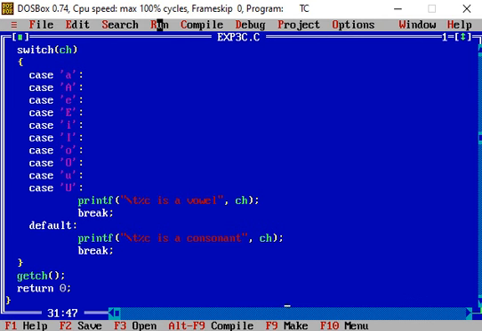For that, using the switch statement is better than the if or if else statement, because this program can also be run, or an entered character can also be checked for vowel or consonant using the if and if else statements, but that many if and if else statements are required to check a character for vowel or consonant. So in this way we saw the use of the switch statement.